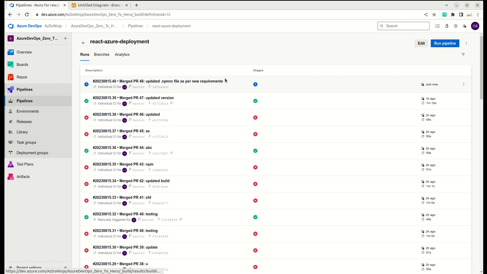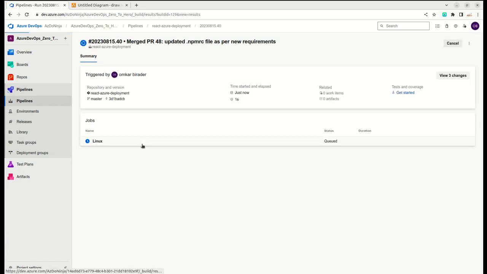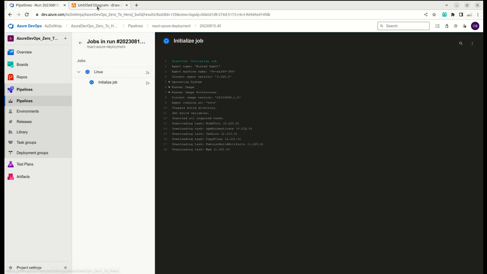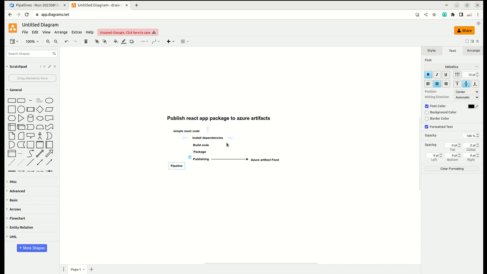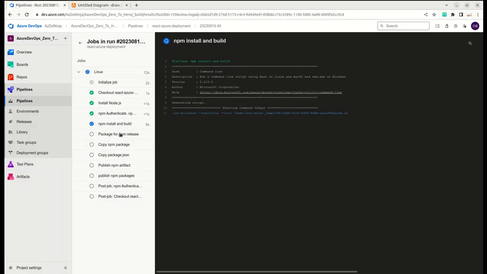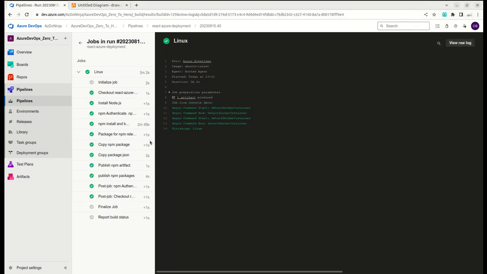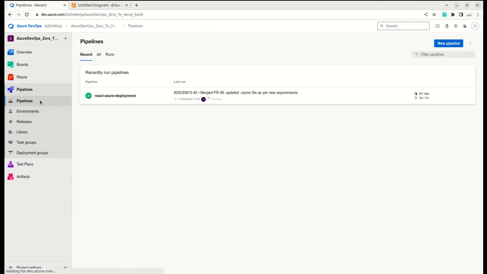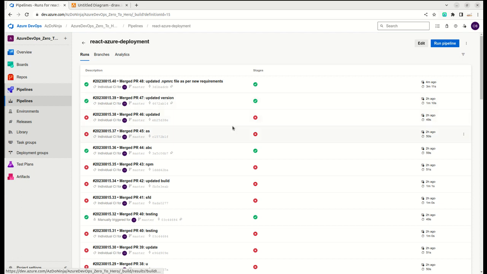Now our pipeline is running. So this pipeline is going to install the dependencies, build the code, package the code, and publish it to the Azure Artifacts feed. I'll pause the video for some time. So now the pipeline has finished, and if I go to this pipeline, I'll show you here,